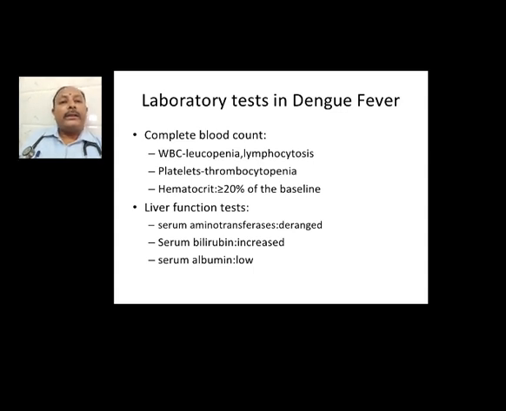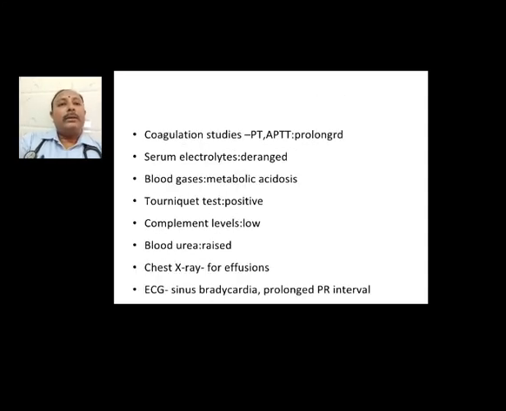Now liver function test: the serum aminotransferases are deranged, serum bilirubin is increased due to hepatitis, that is dengue viral hepatitis, and serum albumin is going down, that is low albumin. Coagulation studies: PT, APTT prolonged. Serum electrolytes deranged, blood gases show metabolic acidosis, tourniquet test positive, complement levels low, blood urea raised, chest X-ray to see